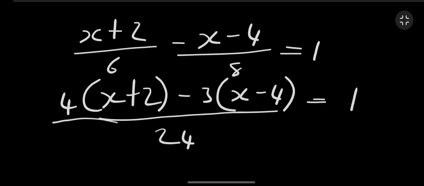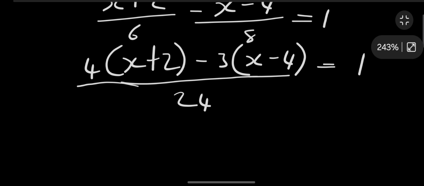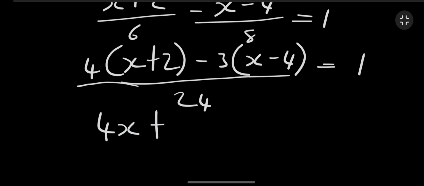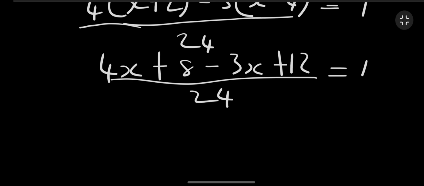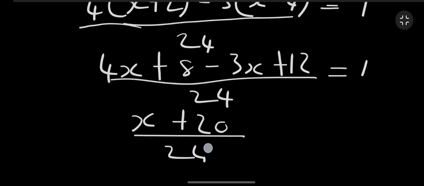which is equal to 1. Now we simplify the numerator part. So basically we're just going to expand the bracket. So we say 4 times x, we're going to get 4x. Then we say plus 4 times 2, we're going to get 8. Then we say minus 3 times x, we're going to get a minus 3x. Then we say minus 3 times minus 4, that is going to be a positive 12. All over 24 is going to be 1. Then we say 4x minus 3x, we're going to get an x. Then we say 8 plus 12, we're going to get 20 over 24